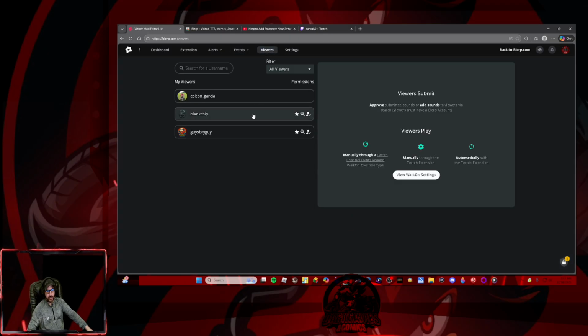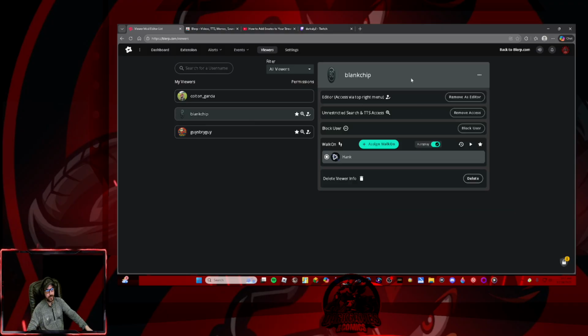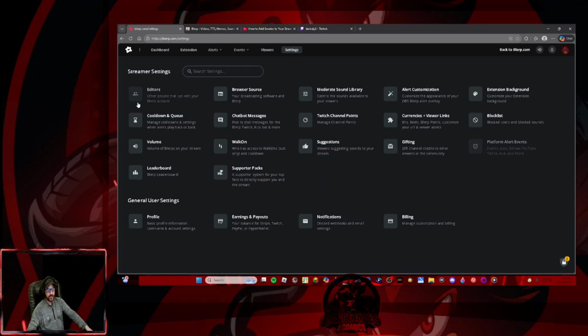Right here you could add somebody when they walk in, come into your stream. You could literally put their own custom sound and everything on them. So, Dang it, Bobby, as soon as they come into your stream, they'll pretty much have that. You should be able to add it right here, and then I think you should be able to add auto as well. So as soon as they come in or they talk or say something, they should be able to play automatically. But I think they got to make sure they're also on the browser extension, if I'm not mistaken. But yeah, on the settings, you could have the cooldowns, the volume,